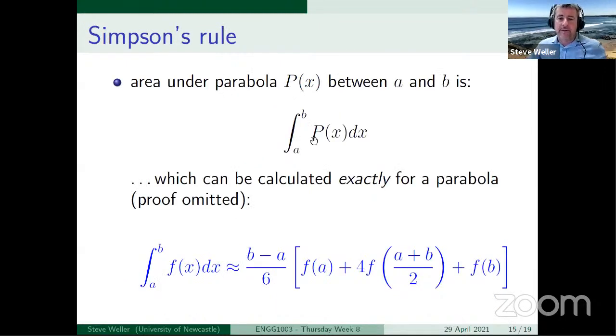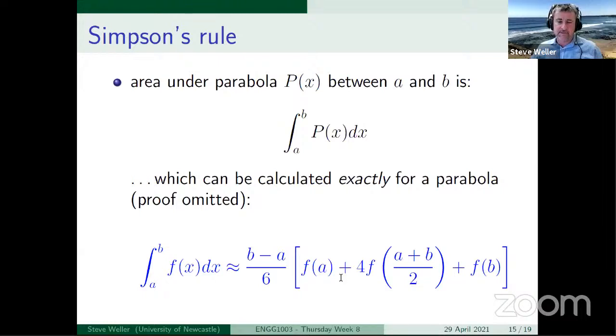Now, I'm not giving you the proof. The proof's not relevant to us in this course. You may have seen it at high school. You may have seen it in mathematics studied at university. You may yet see it in mathematics studied at university. But the area under a parabola between a and b, provided that parabola coincides with the function value f at the upper and lower limits of integration and the midpoint, can be approximated by this expression in blue